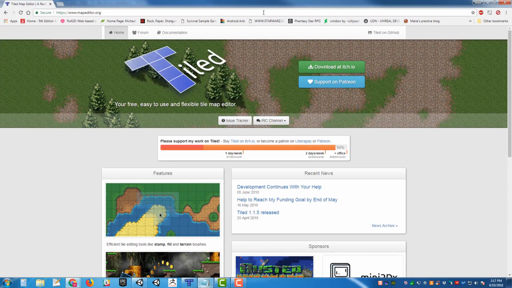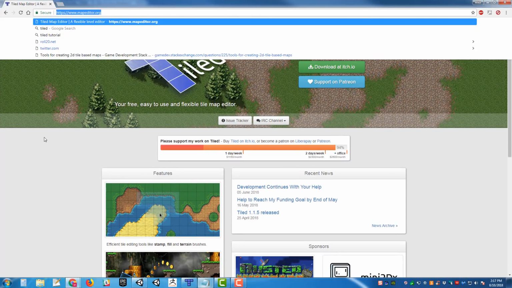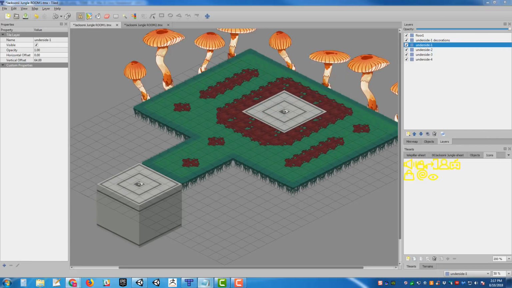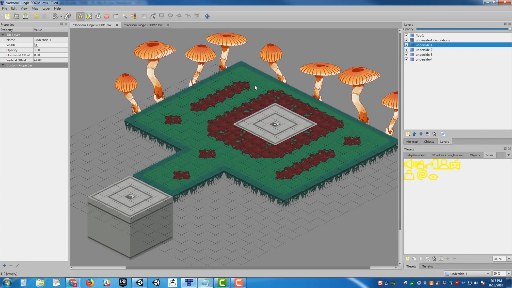It's free. You can pick it up at this URL, www.mapeditor.org. You can kick in a donation. I would highly encourage you to do that because it's a very, very nice program. But anyway,